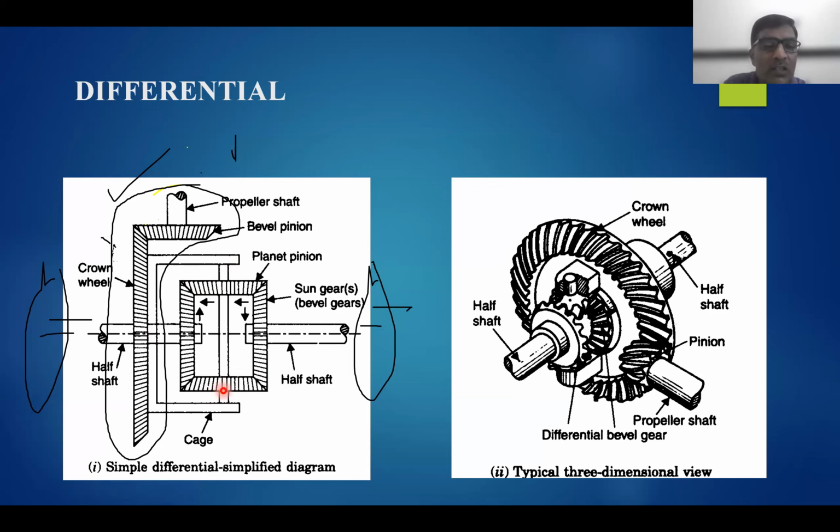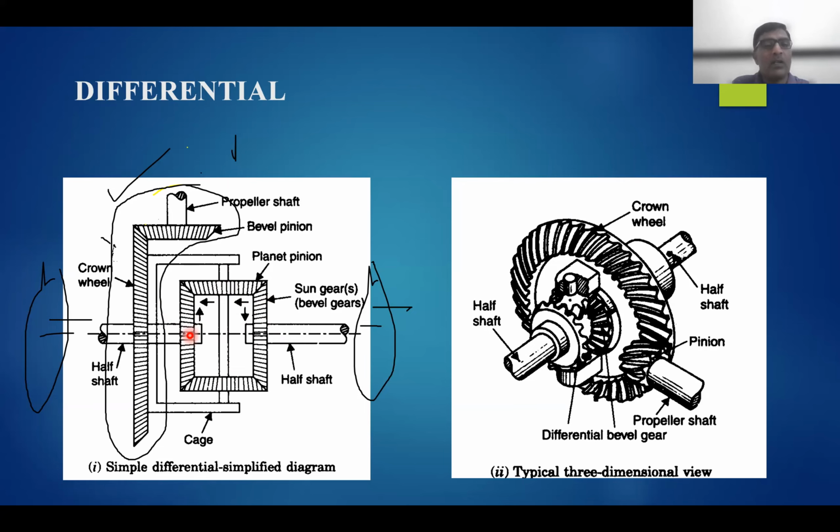Based on how much torque needs to be transmitted, the number may be increased. For ordinary application, maybe 2. Again, to have large torque transmission, it can be increased. To have a good design, it may be 4 planet pinions, but they are going to mesh with the sun gear or the center gear.